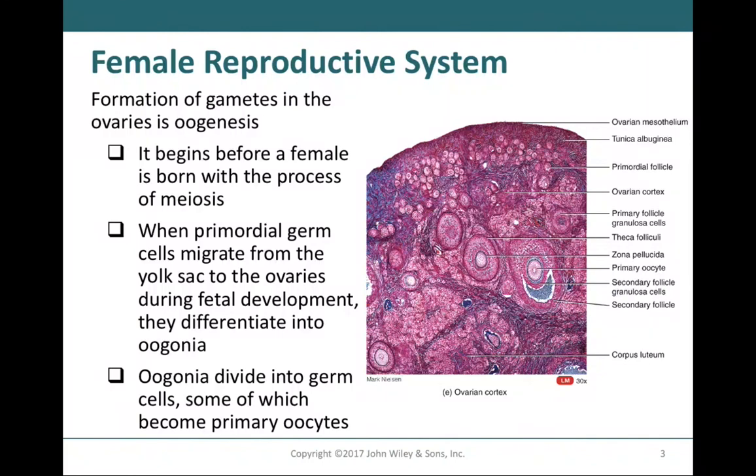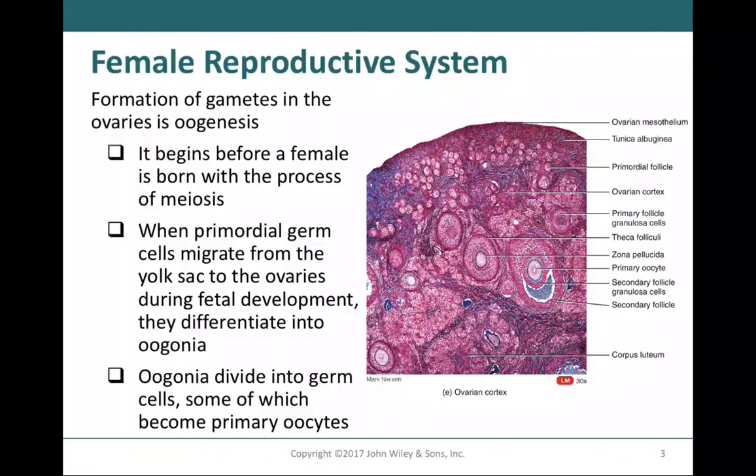Thinking back to the process of spermatogenesis, we know that that process begins at puberty, and it is the release of gonadotropin-releasing hormone, FSH and LH that stimulate that process. But in the female gonad, oogenesis is actually going to begin before the female is even born. The stem cells that can be found inside of the ovary are known as the oogonia, and the oogonia are going to be dividing before a female has even left her mother's womb. This process begins during development, but it's going to arrest at birth, until hormonal stimulation from puberty restarts the process of follicular development, and each month one of these ovarian follicles is going to be stimulated to develop the oocyte